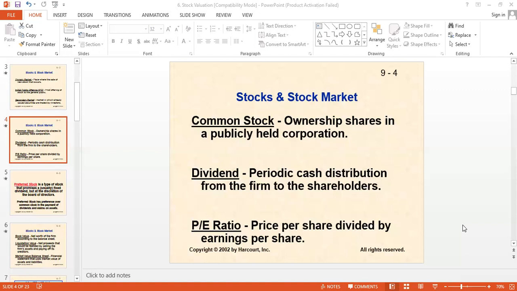The first one is, in preferred stock, you get a predetermined amount of dividend. If you get a chance to buy a share of preferred stock of any company, you will know your dividend amount on day one, what dividend you will be getting at the end of the year. At the time of buying, it is mentioned on the share what the amount and percentage of dividend on that share would be. So you know what return you will be getting.